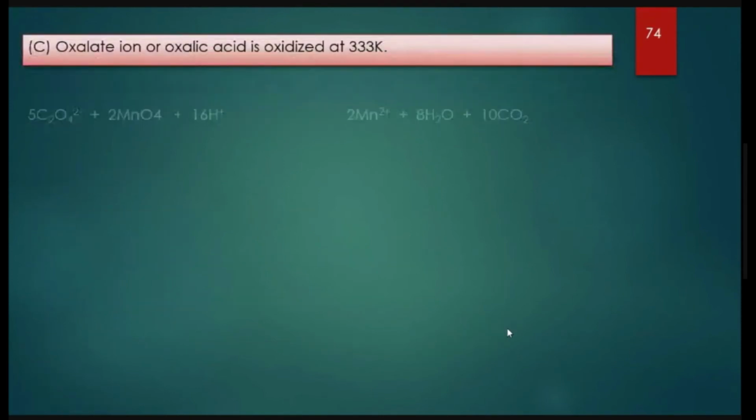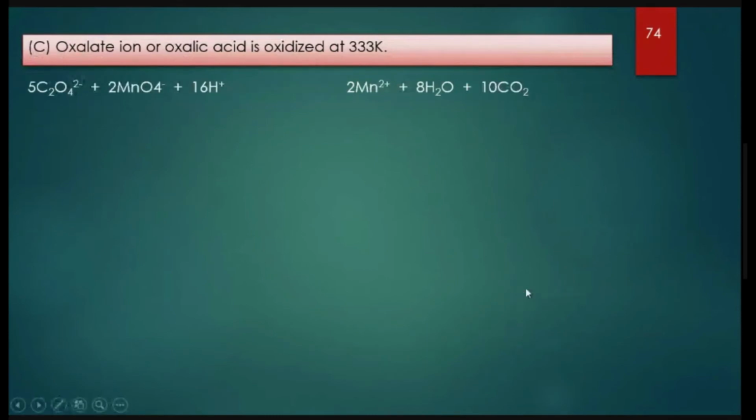Oxalate ion or oxalic acid is oxidized in the presence of potassium permanganate at 333 Kelvin. So look at this reaction here. C2O4 2 minus is the oxalate ion, which is made to react with potassium permanganate in the presence of an acid, and it is going to form Mn2 plus. Here again it gets reduced from +7 to +2, and 16 hydrogen ions are there. They are going to take away all the